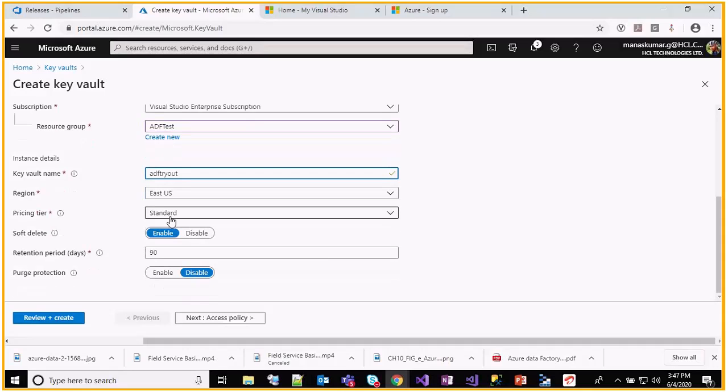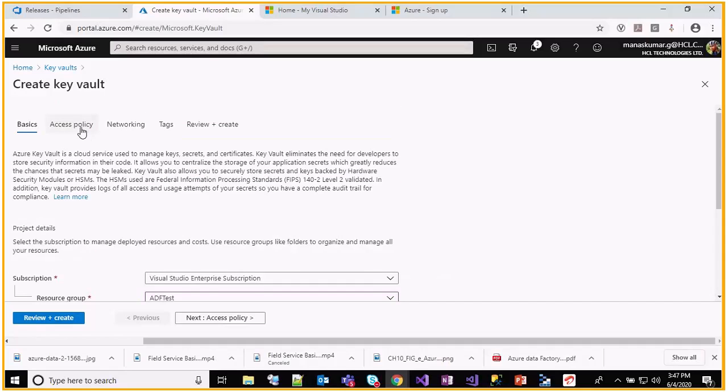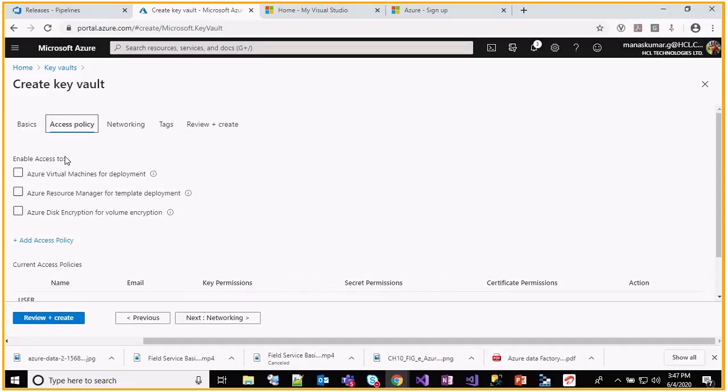The pricing and everything you can keep as it is, and then access policies. In the access policies, you should think of enabling access to different things. This Azure Resource Manager, I will explain finally, and for now just enable the top two. This virtual machine option, if you set up a virtual machine and want to access through virtual machines, then for that access you should provide it. And apart from that, this Azure Resource Manager, I will finally tell you why this Resource Manager is needed, and what its functionality is.